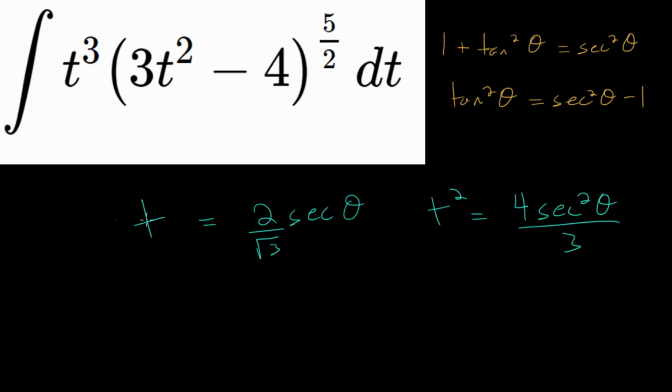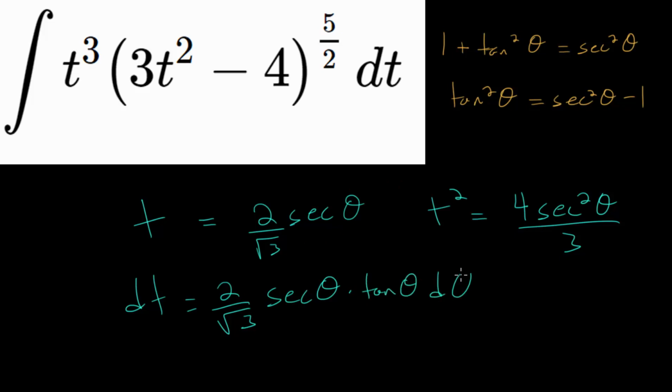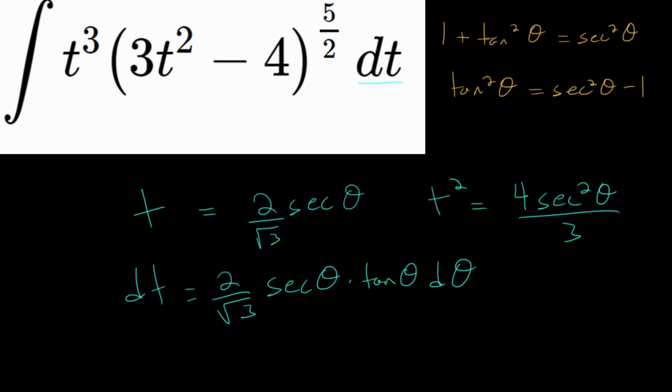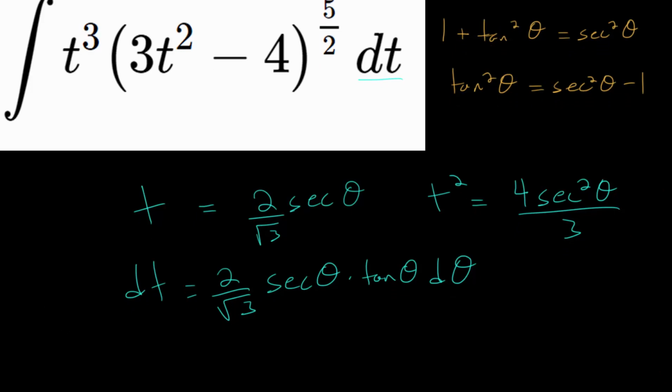But if we're substituting for t, we also need dt. So we need the derivative of this function here. The constant just carries along. And the derivative of the secant of theta is just the secant theta multiplied by the tangent of theta, and all of this multiplied by d theta. So we can make that substitution now. So let's plug in what we now know with our new substitution here. Let me just make a bit more room. So this integral